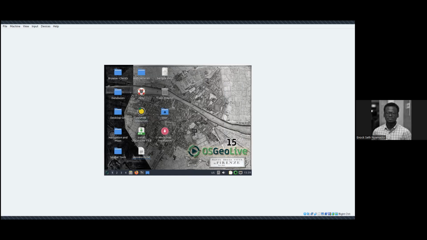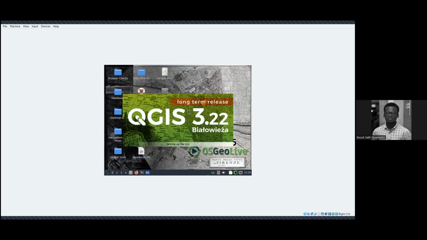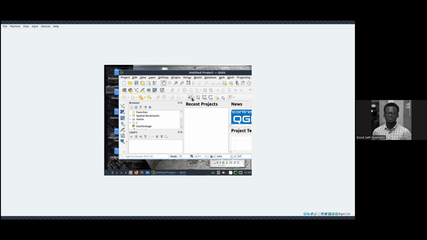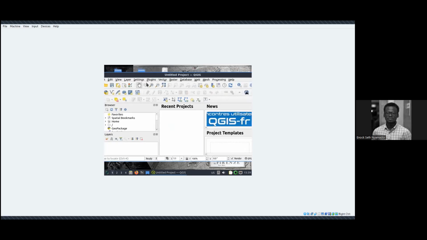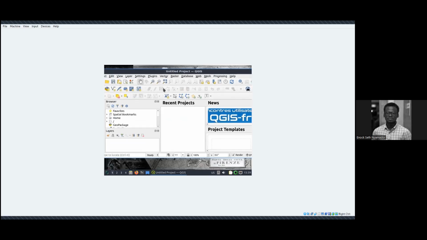And there we go. I can open the menu. I can go to Geospatial, which is similar to the categories you saw. And then you see browser facing software, desktop. I can open QGIS here. And the stable versions of software are included in the release of OSGeo Live. Now, because this is live, I will shut it down and show you how the VMDK works as well.